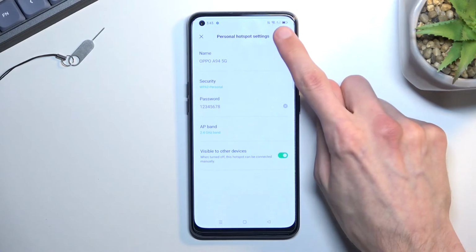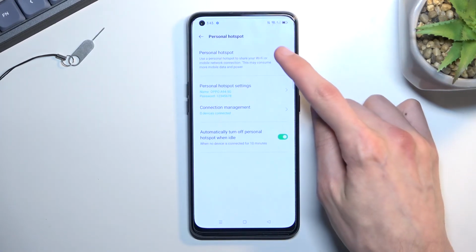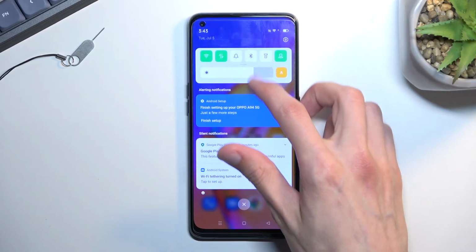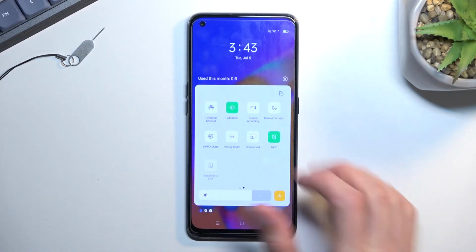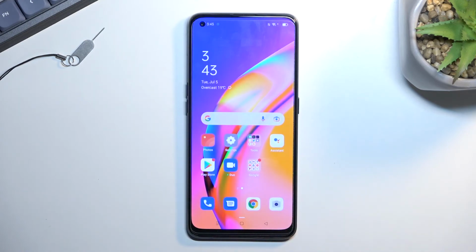Anyway, from here, select the checkbox to save the settings, and we can toggle on our hotspot either from here or by tapping on the toggle right over here, which right now is enabled, so if I tap on it once more, I'll now turn it off. But that is how you can set it up and use your